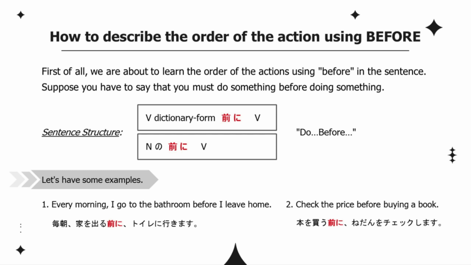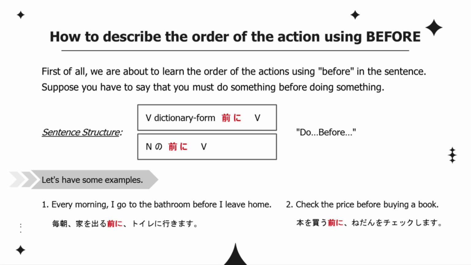Let's have some examples. Every morning, I go to the bathroom before I leave home. 毎朝家を出る前にトイレに行きます。 Check the price before buying a book. 本を買う前に値段をチェックします。